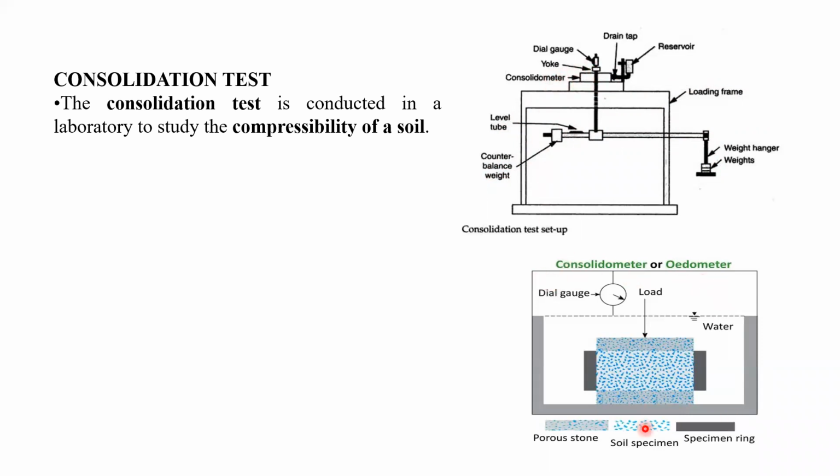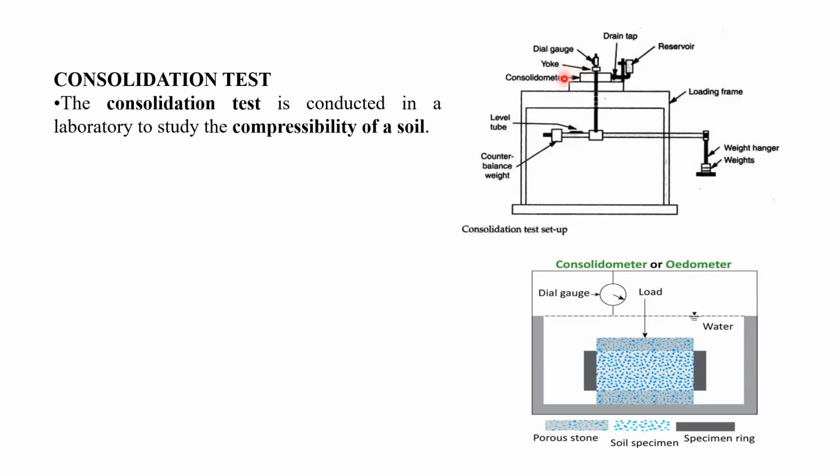You can see here. As I told you, primary consolidation takes place when the soil is fully saturated below the base of the footing. When can this condition occur? Suppose the groundwater table has reached up to the base of the footing. In that case, there is a chance of settlement of a building or any civil engineering structure.